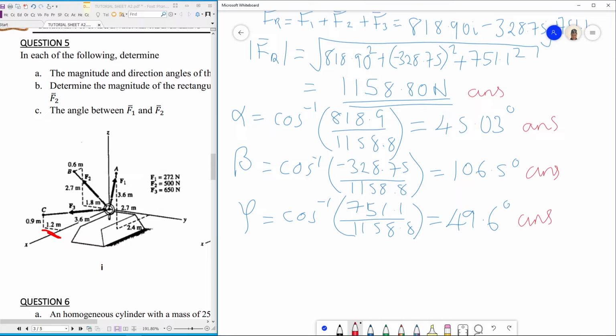For part B, we are told that we need to find the rectangular component of F1 in the direction of F2. Now this is very, extremely simple. Why? Because we have already